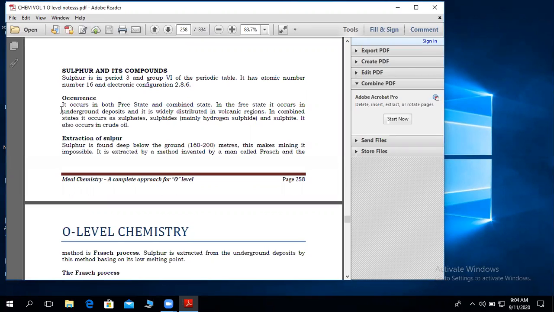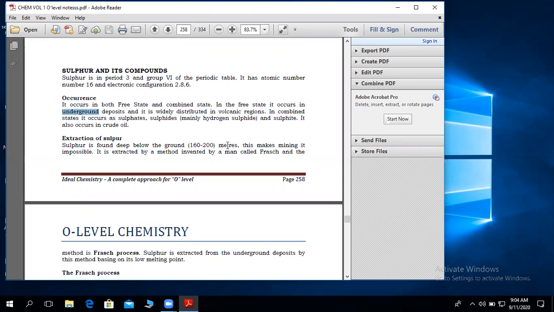It is like these minerals which are extracted from ores, which we find underground. So in a free state, sulfur occurs underground, and it is usually 160 to 200 meters below